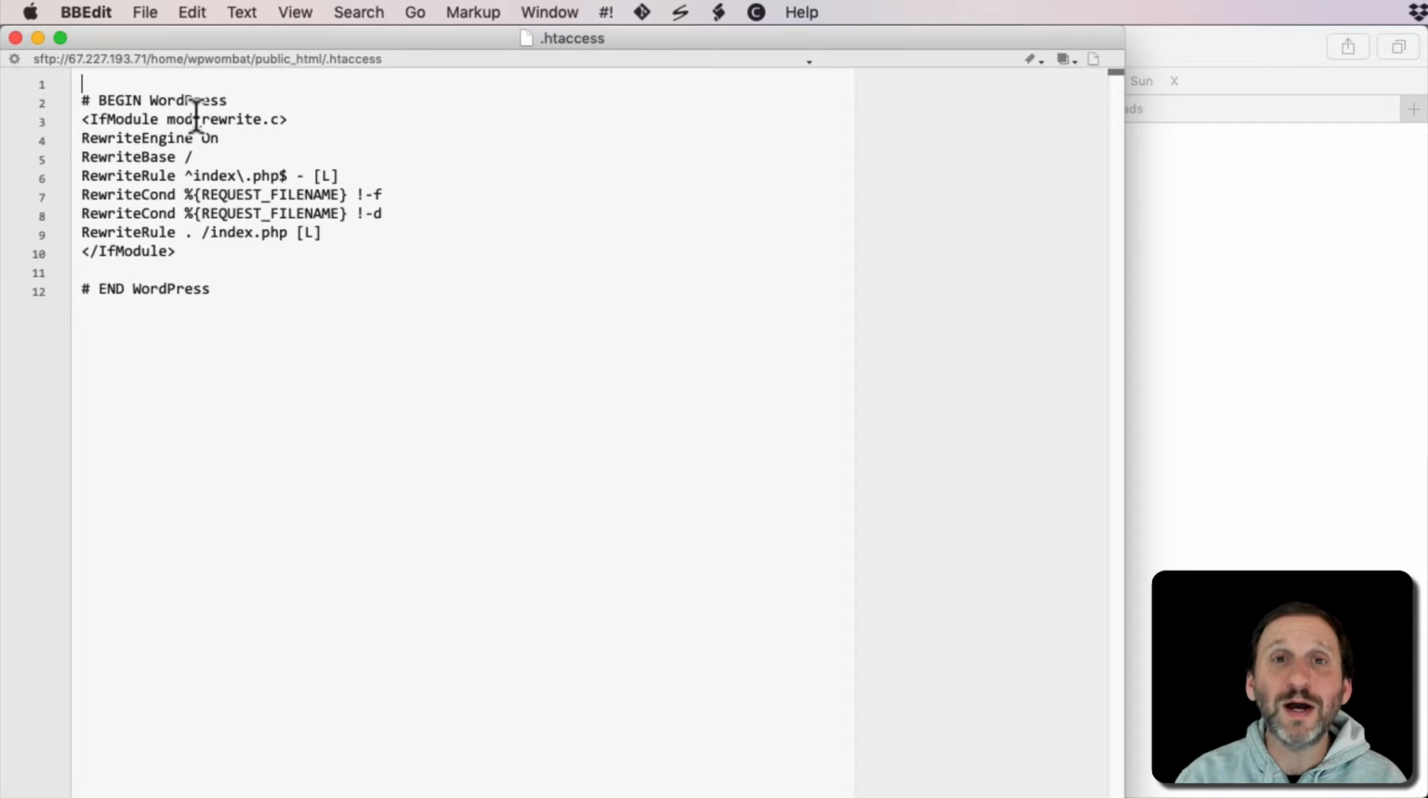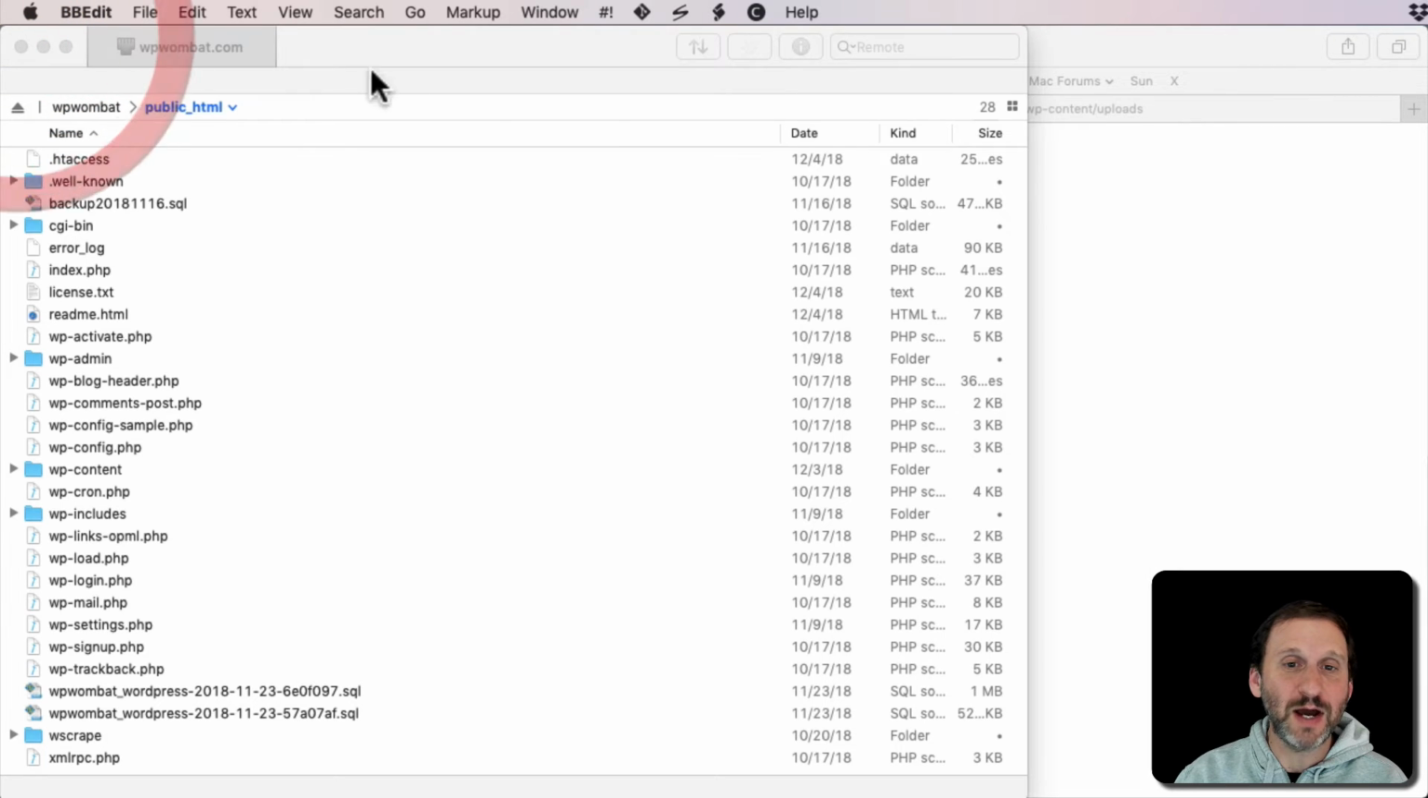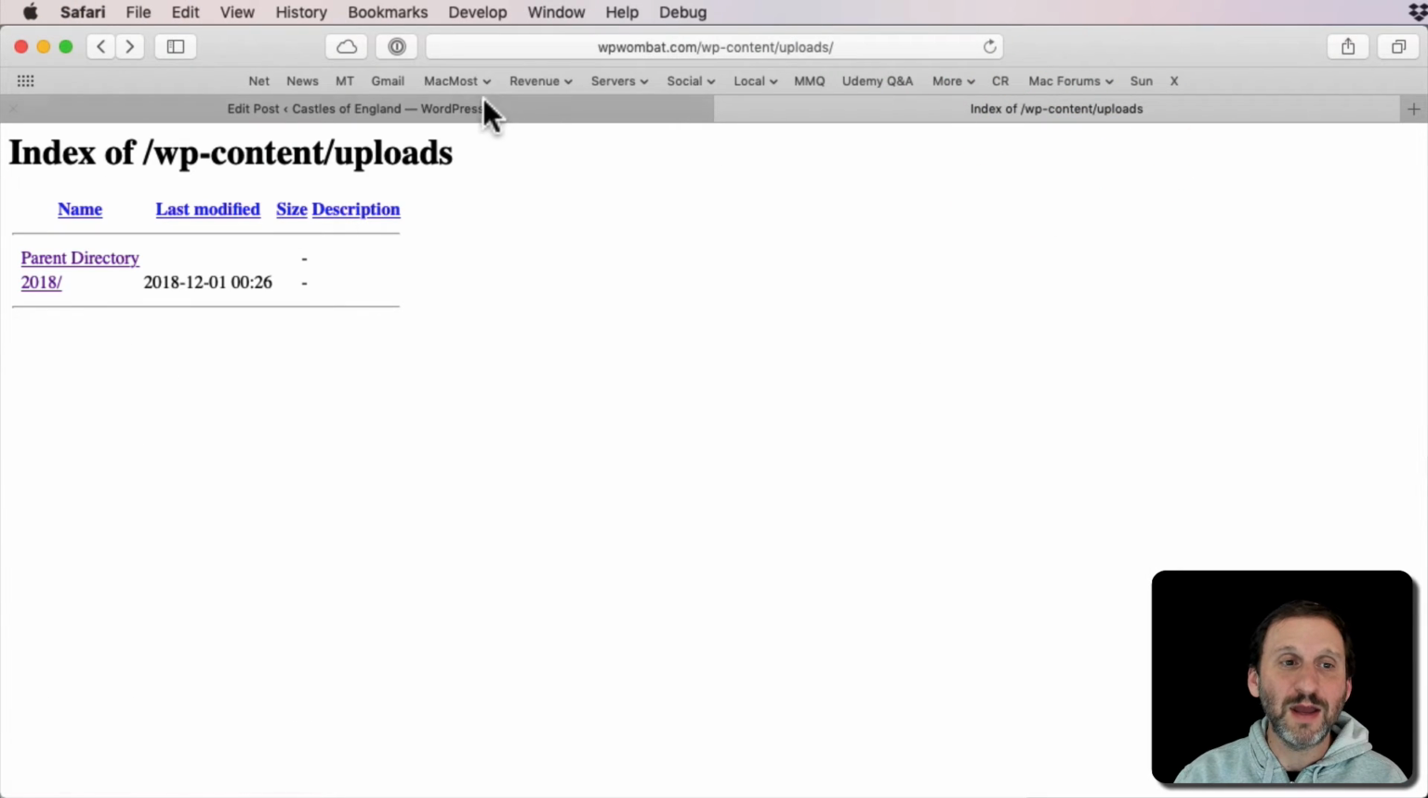But I'm going to add one line to it. I'm going to put it at the beginning. It's just Options space -Indexes with a capital I, just like this. Simple. When I add that, and I'll save the .htaccess file, now if I try to look at this directory,